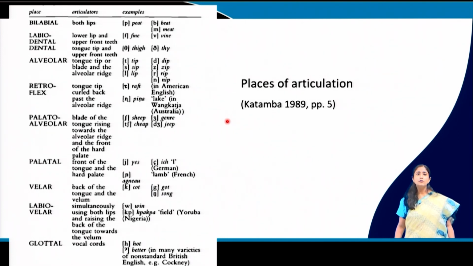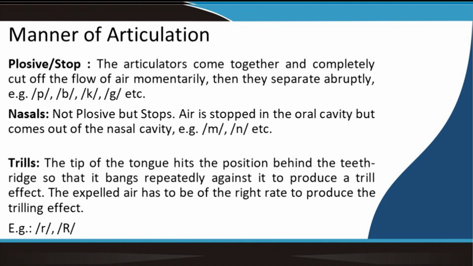Glottal sounds are produced with the vocal cords. So, the air is blocked there. We have sounds where, from this portion here, we are actually blocking the air to produce glottal sounds. Glottal stops are often confused with normal stops like p, or with vowels, but a glottal stop is not a vowel, it is a consonant where we are actually blocking the air, like a. So, these were about the place of articulation.